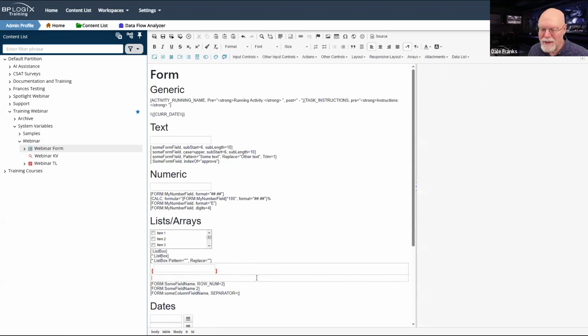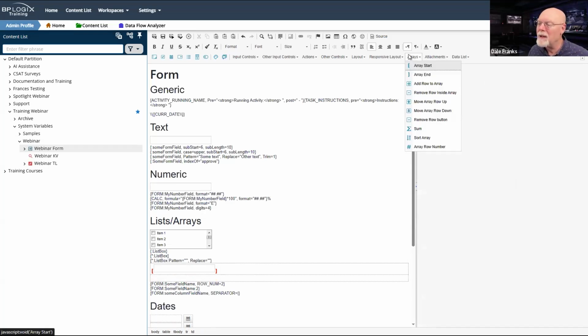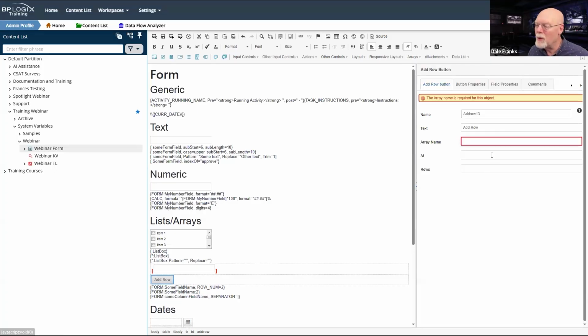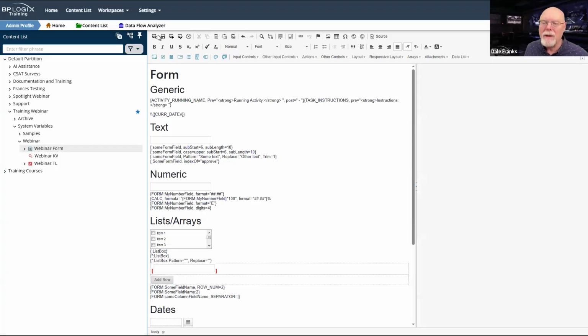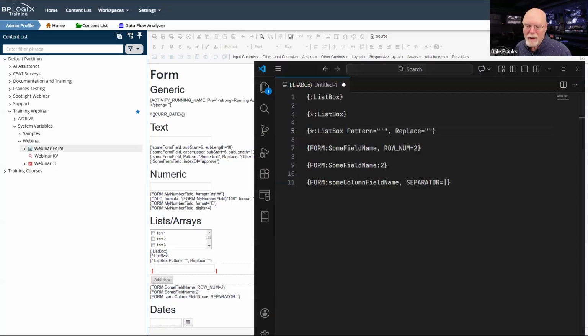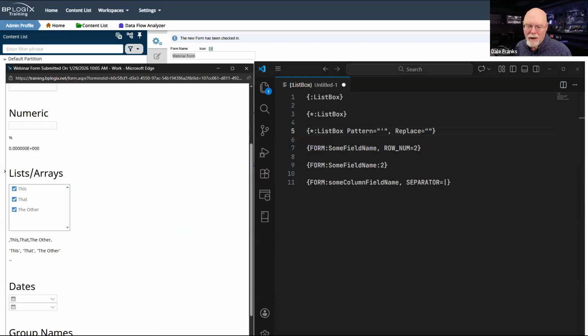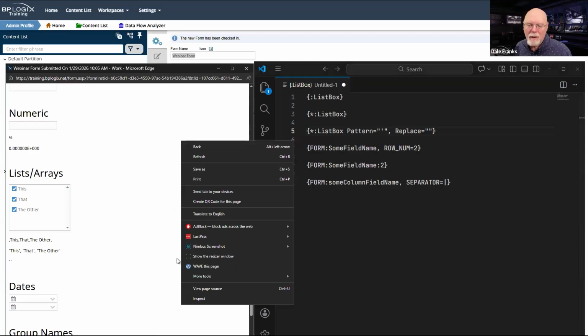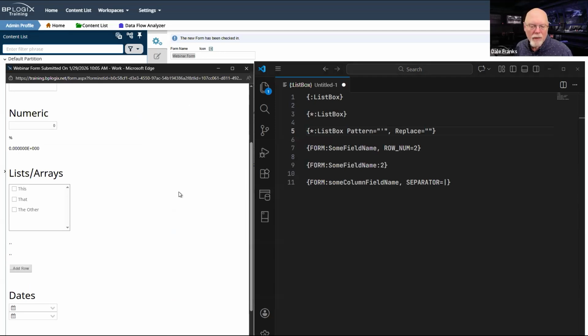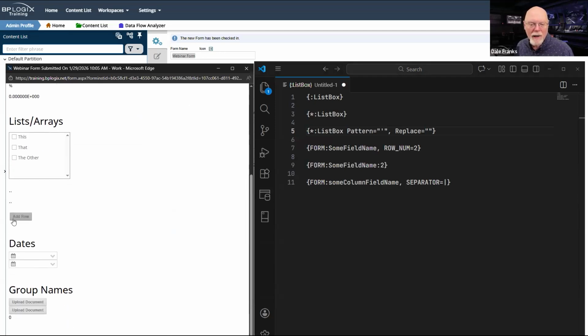I guess I will need a second row, because I am going to need an add row to array, and the array name is array. So now I've got an array control. Let me save it. When it saves, like it just did, we should be able to refresh our form. And look, I've got an array down there.